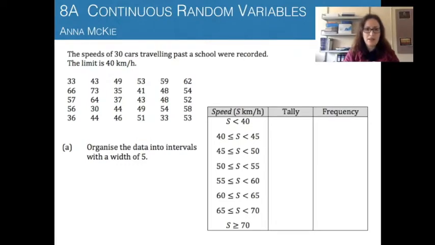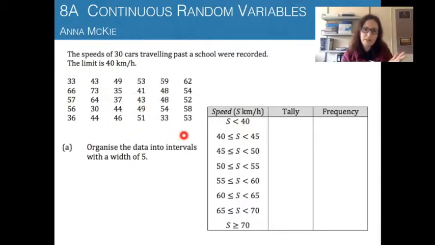Let's do one example here. So we have the speeds of 30 cars travelling past a school are recorded, and the limit in that school zone was 40 kilometres an hour. The first thing we're asked to do is organise the data into intervals of width 5. Now I've constructed that for you, but if you had to do that yourself, you'd look at the data, width